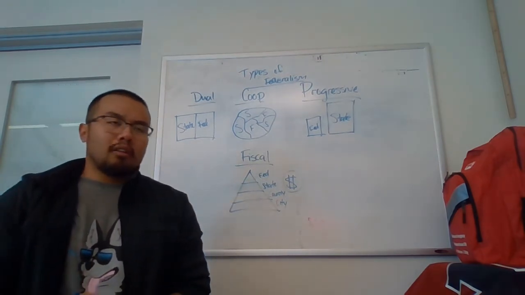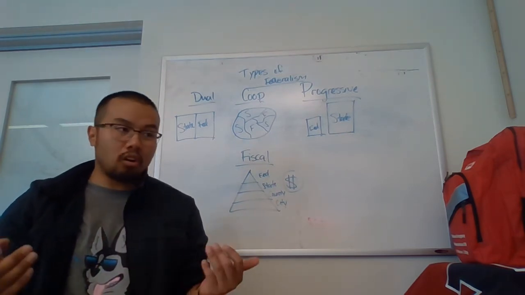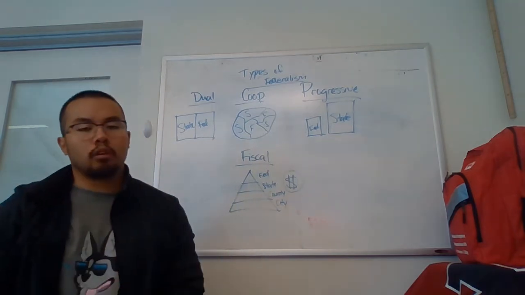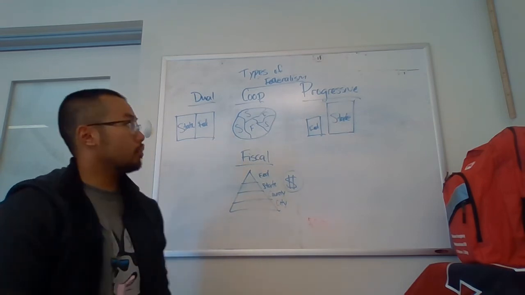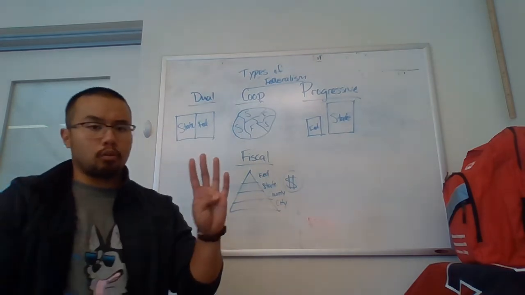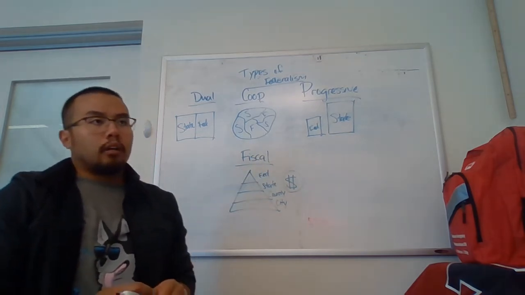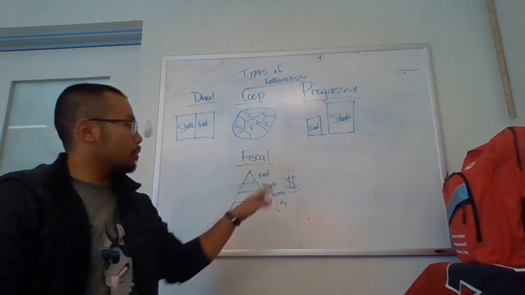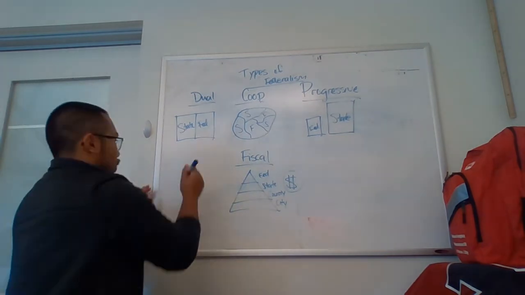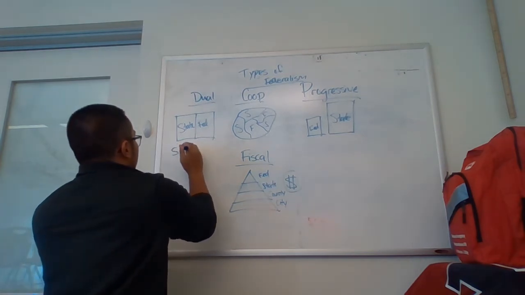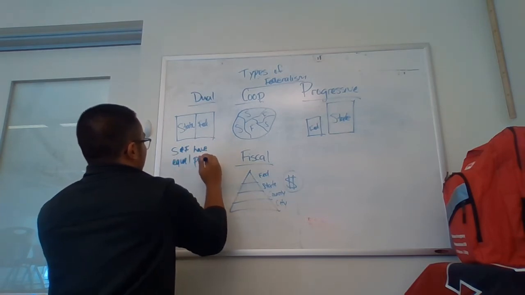So you will be asked in your content assessment, in your test, about different types of federalism. Some you might run into, others you won't run into at all. But it is important to know how federalism actually works in today's world. The four types to go over are dual, cooperative, progressive, and fiscal. I'll start from left to right and end with fiscal because there's a little more to it that needs explaining.